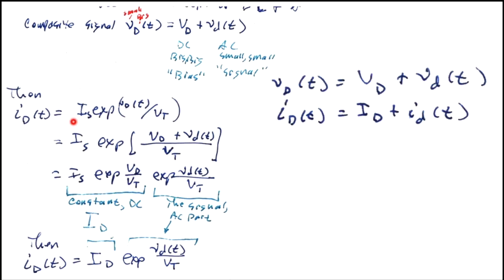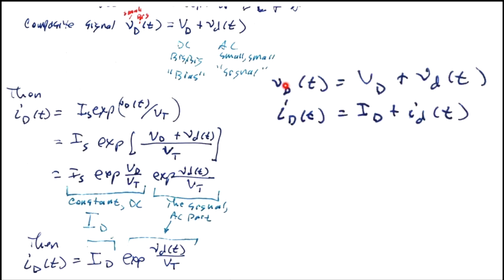So anyway, we've got the diode equation, and I could write it in terms of this composite signal. So little i, big D is a function of t. That's a composite current. Little i, big D is big I, big D plus little i, little d, right? That's the DC and the AC. That's the composite current. It would be I_S. I_S is a DC value, so it's a big I, big S. It's a constant value. It's a tiny value, but it's a constant, right? Times the exponent e to the